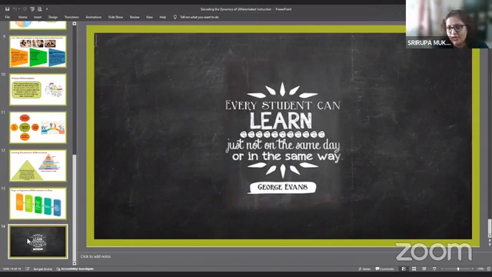And if, as educators, we all keep this in mind, that yes, every student is actually capable of learning. It's just that they learn at their own pace and in their own way. I think it would help not only the learners, but also us educators, because at the end of the day, I think nothing makes a teacher happier than to realize that, okay, whatever learning outcomes I wanted to achieve, my learners have achieved.